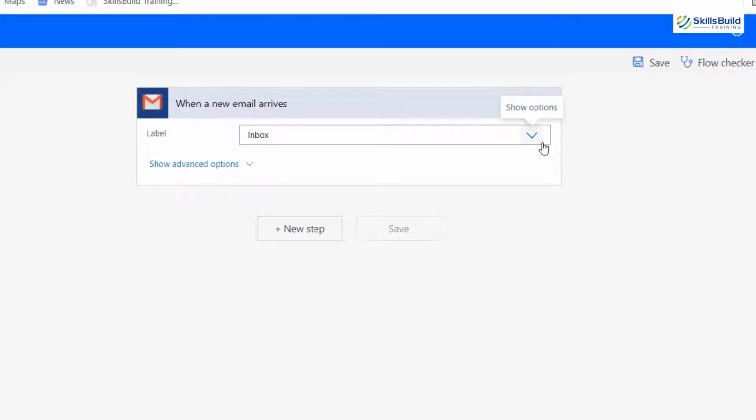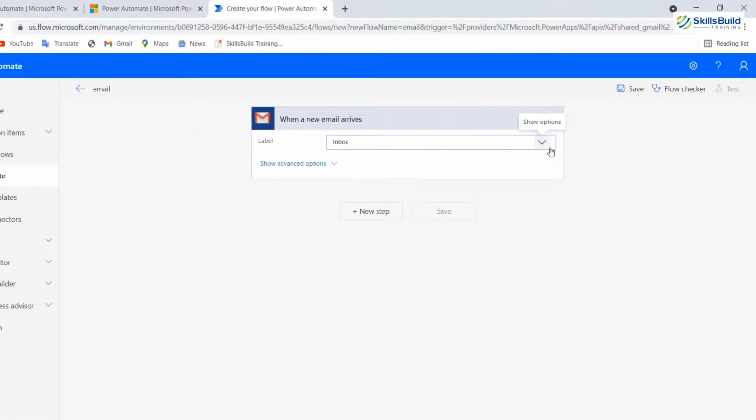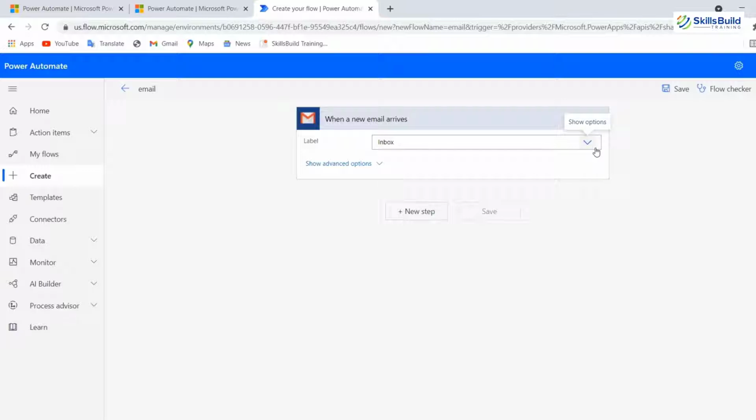Now if I talk about actions, then when the process has already begun, we must define what actions to take. For example, upload a file to OneDrive, start an approval process when we get an email from a specific person. Each flow has one or more actions. And now if I talk about connections, the third element refers to when we want to connect two applications, as the tool will ask for credentials of each application we want to connect. These are encrypted with Microsoft security and can be deleted easily when we want.